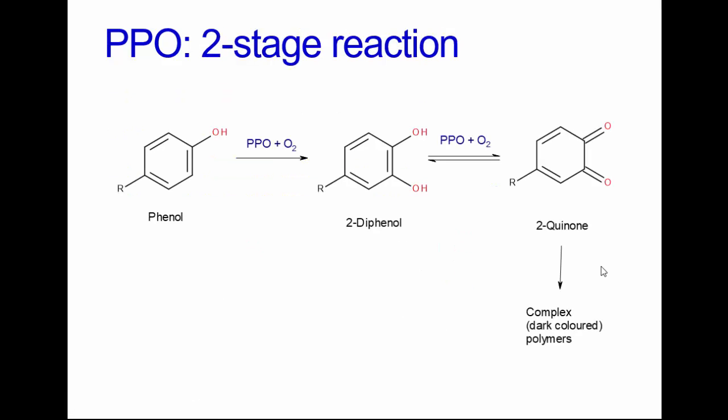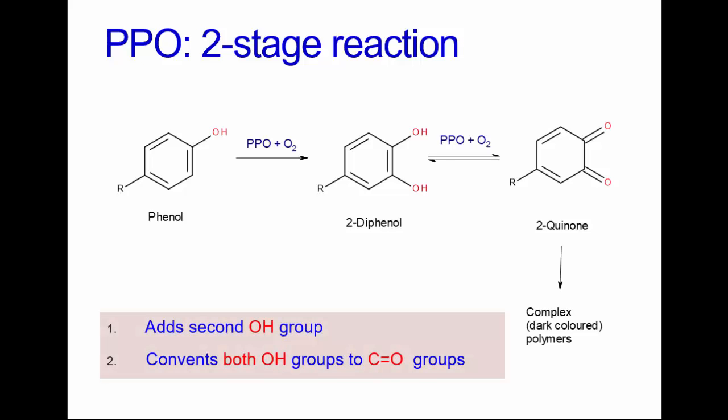So here's a reaction. The first stage reaction involves the formation of a diphenol. This is an oxidation reaction, since another oxygen atom is added to the phenol ring, hence the enzyme is called an oxidase. The second reaction produces a molecule called a quinone. This is again an oxidation, which can also be defined as the loss of hydrogen from a molecule. In this case, the 2 OH groups are oxidized to produce 2 C double bond O or